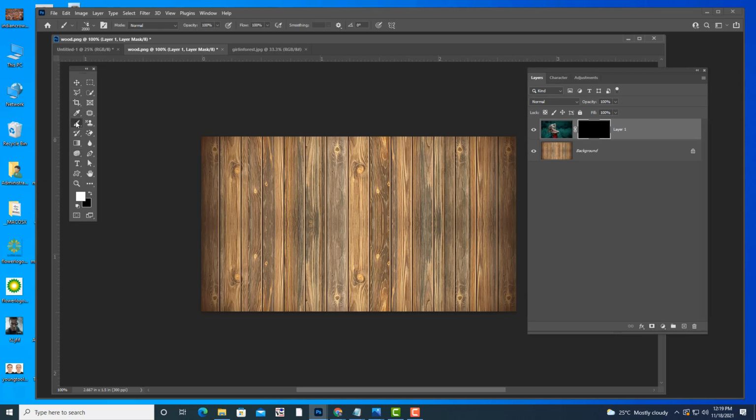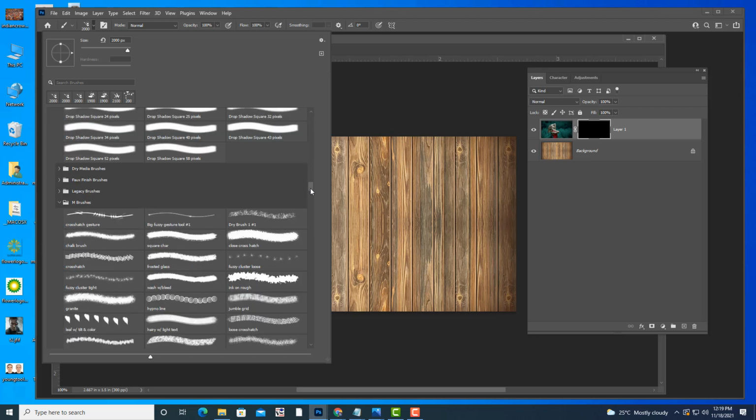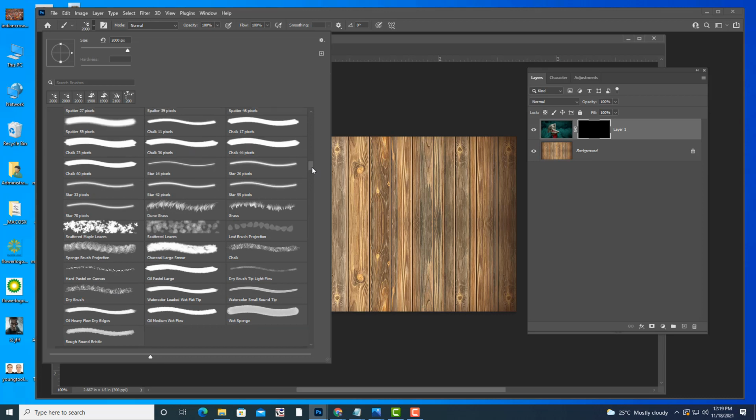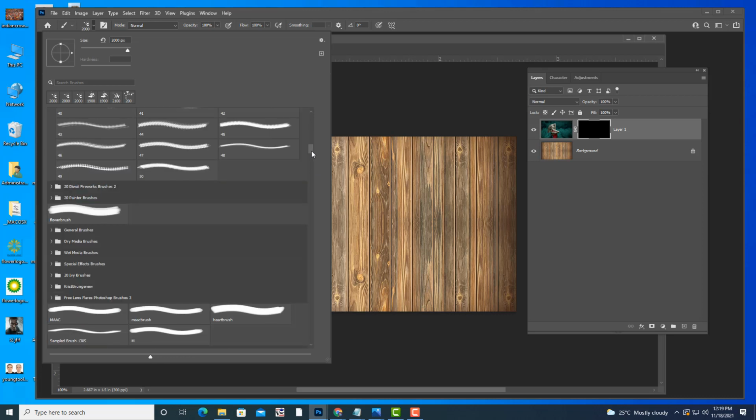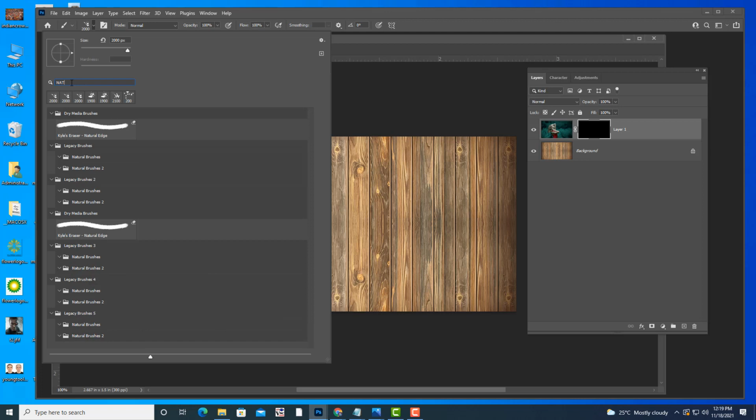Okay, and then what is the next thing we will do? I am going to select the brush. This time I will not select the soft round brush. I will select some different brush. Okay, so let me select the natural brush. Okay, so see, if you are using the 2021 version, you can simply type here, natural brushes.